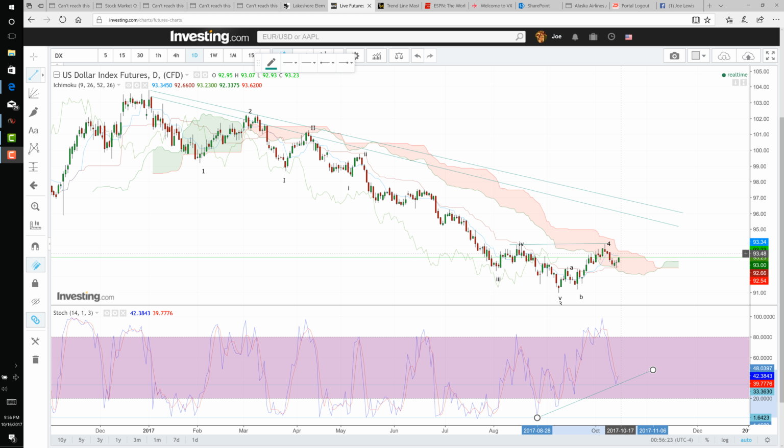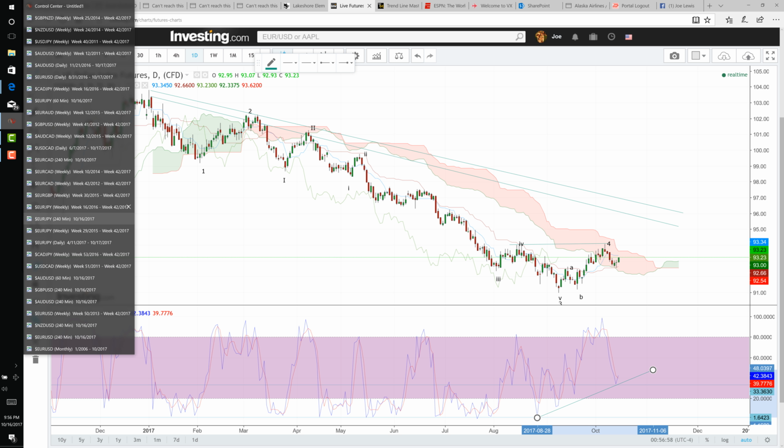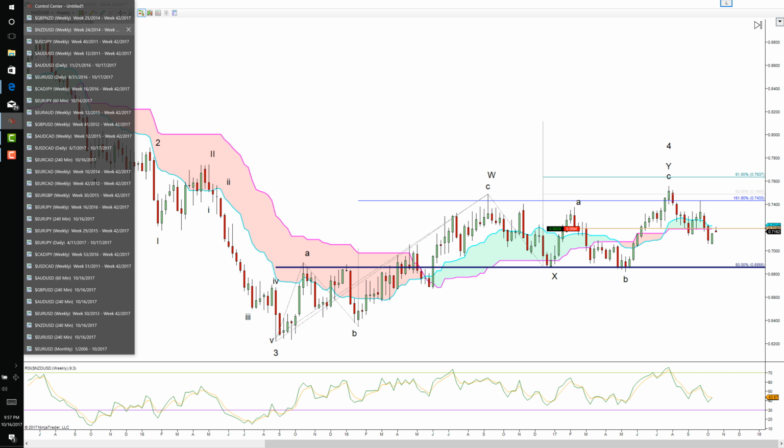1, 2. If it's a 1, 2 count, well then I should see price break the green Ichimoku cloud line where my cursor is at around 93.42, and it will find some resistance near the top of the cloud at 93.60 or so. If it breaks through the cloud, well then this top could definitely be in jeopardy, but it's good for the currencies as a dollar strength. So with that being said, let me look over at, let's start with the weekly on